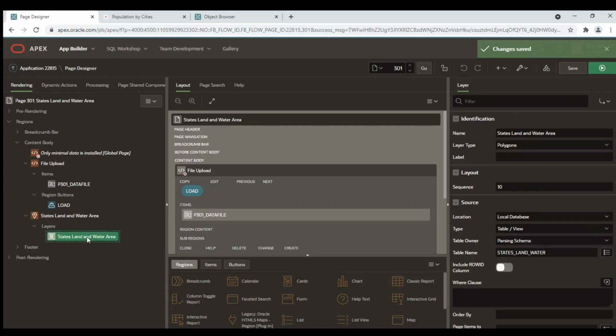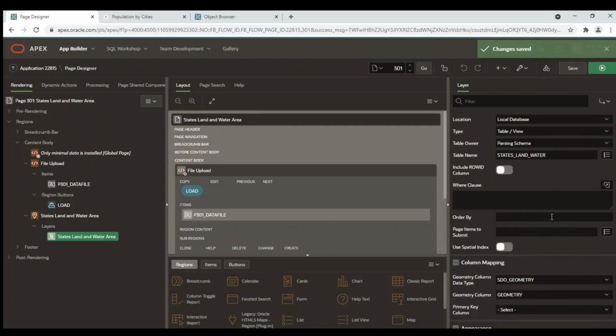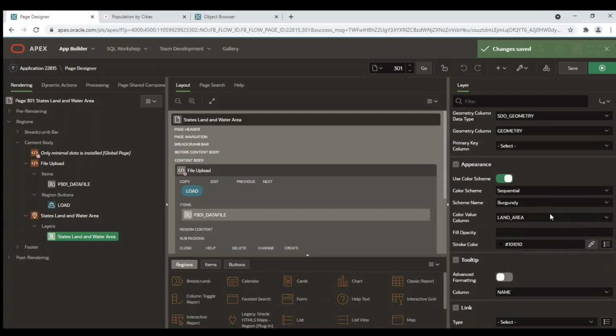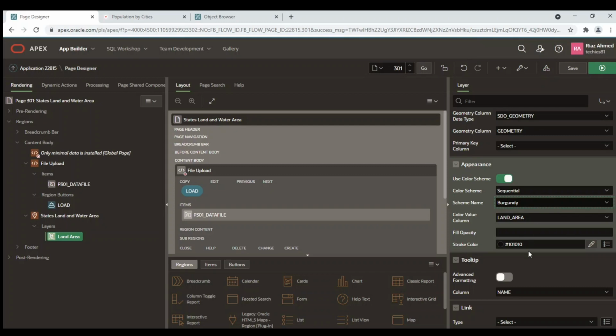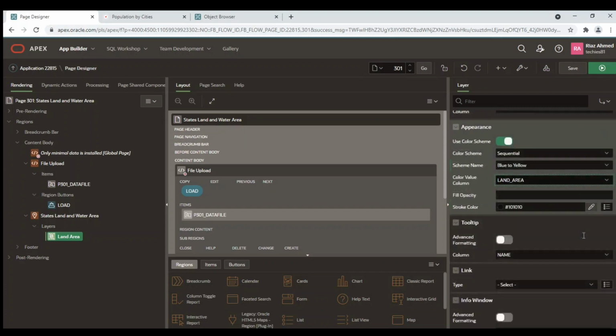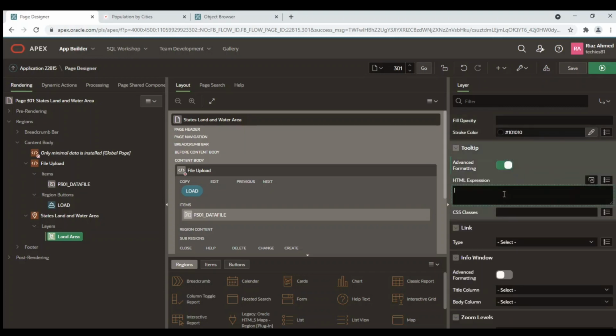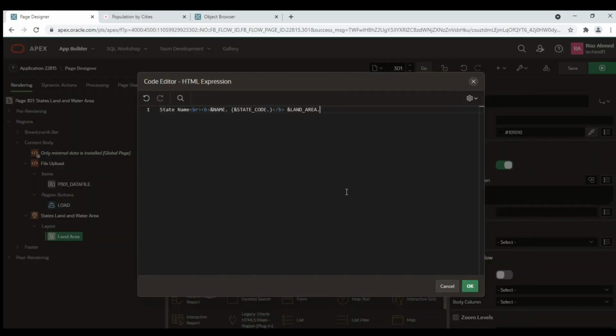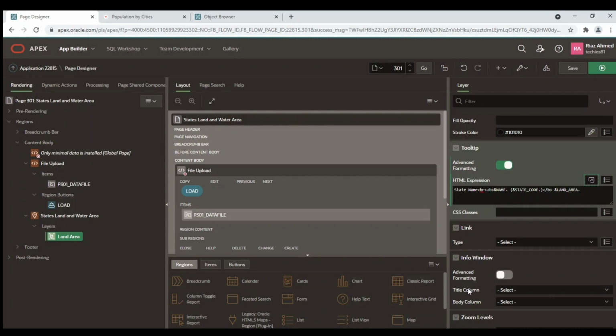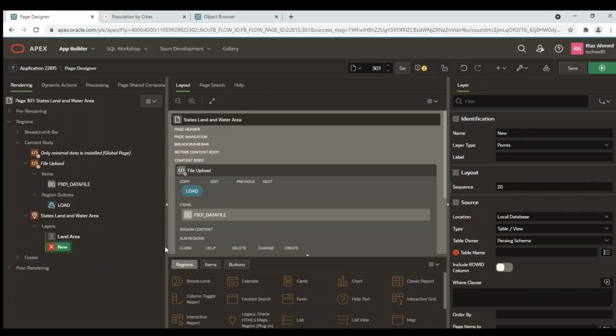Set properties for the state land and water area layer. Add another layer to display water area.